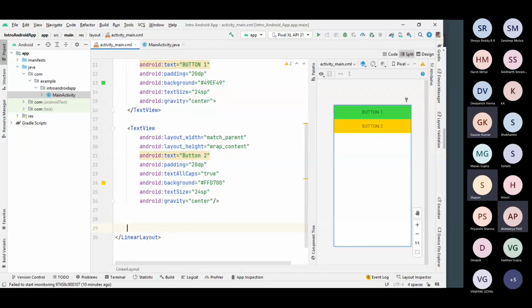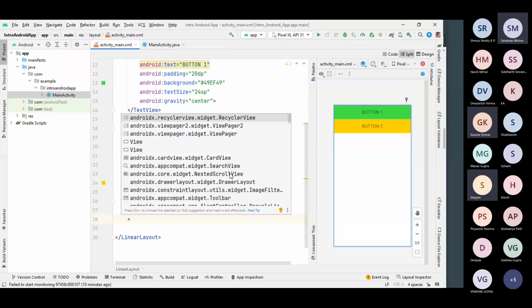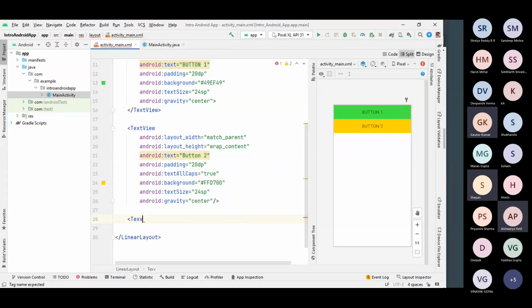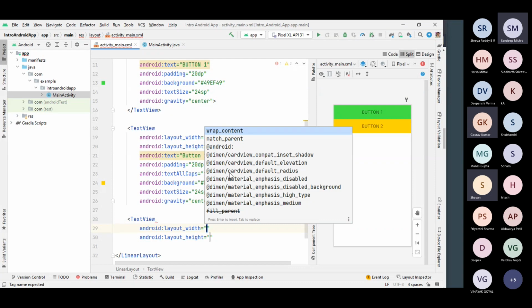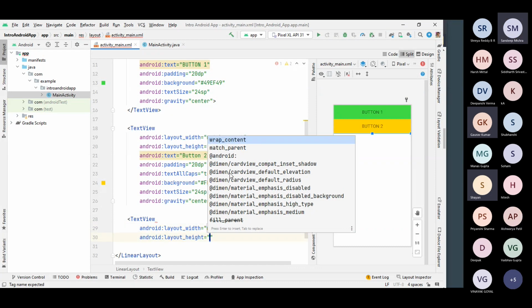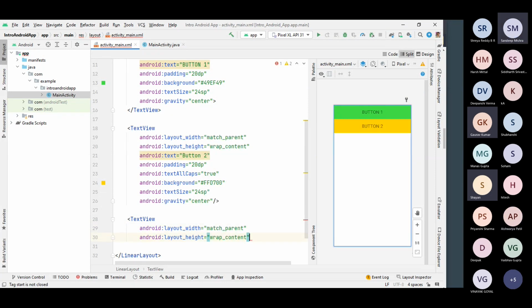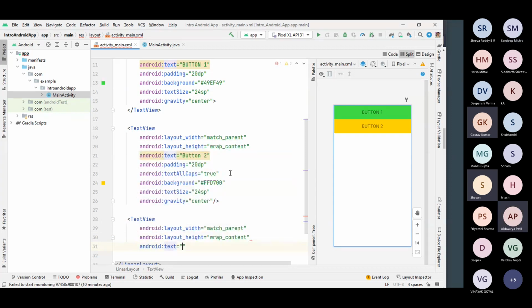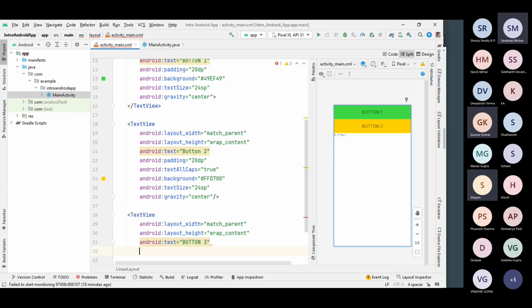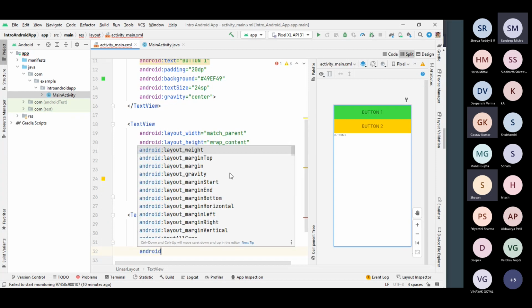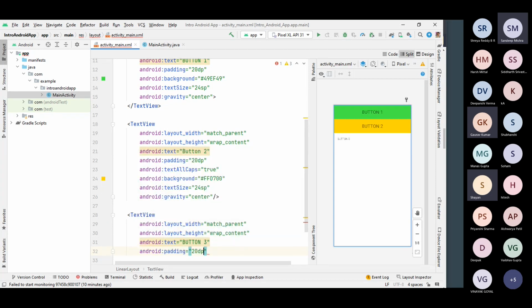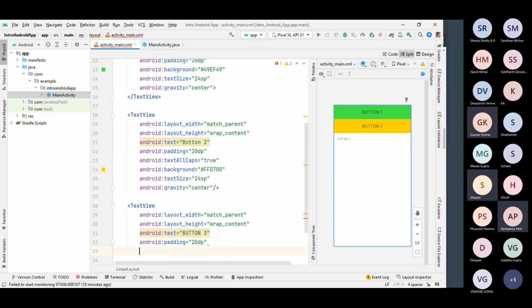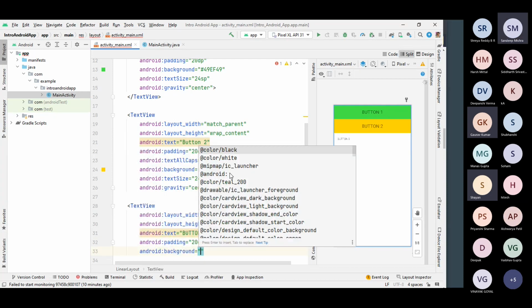So again, I am just writing the text view the same as above. The width will be again match parent. The height will be wrap content based on need. android:text equals to button 3. android:padding is equals to 20 dp. android:background is equals to